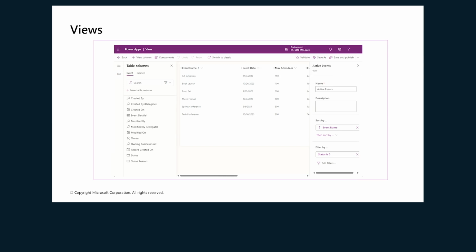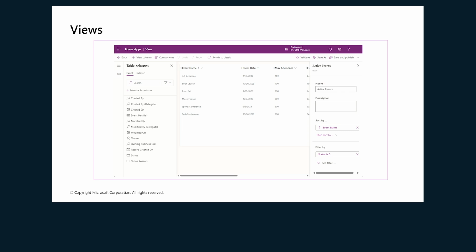needs. Views in a model-driven app are powerful tools that shape how users interact with data. This slide introduces 3 distinct types of views: personal, system, and public, each designed to meet different user and organizational needs. Personal views are custom filters and layouts created by individual users to suit their specific workflows. These are ideal for tailoring dashboards or record lists to highlight relevant data, such as sales rep tracking leads by